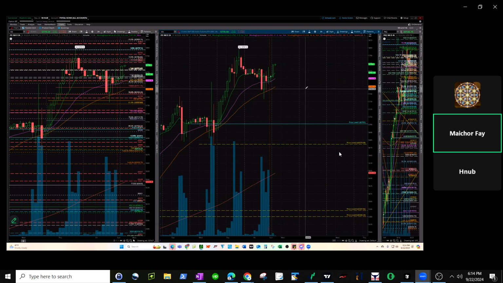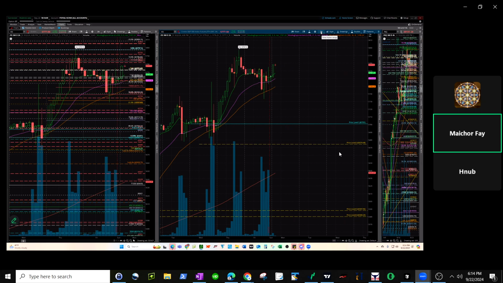especially if I see a lot of reaction in that area. Because sometimes I'll come in, touch my zone, come back out, come in, touch the zone 3, 4, 5 times. If it does that, then I really like to use that more as my support resistance zone because there's a lot of reaction in that area. But you also have to be careful, because a lot of reaction can mean it's already been used up and tested so many times. So that's how I usually do it, top down analysis,